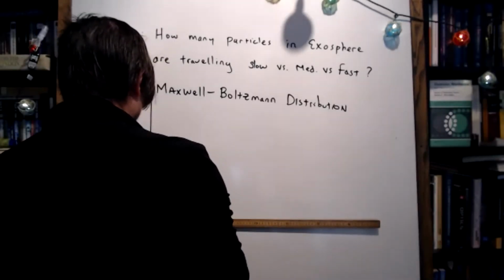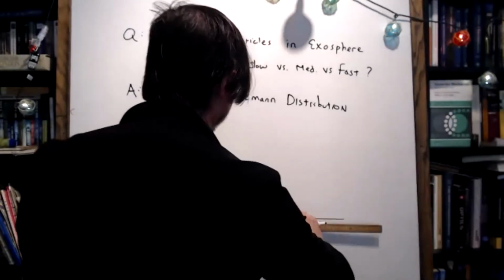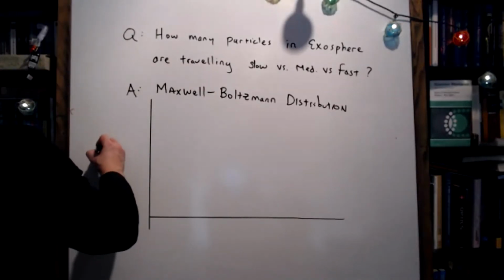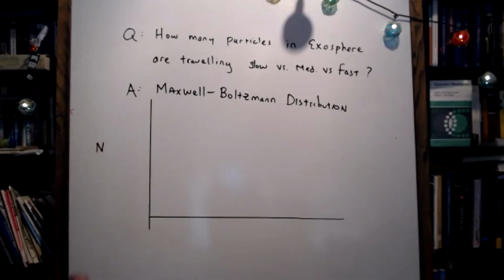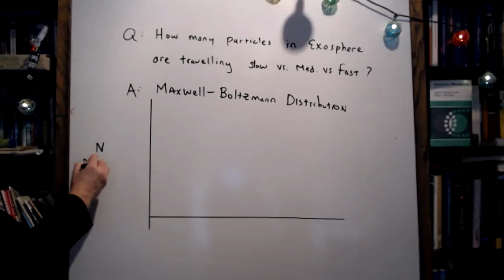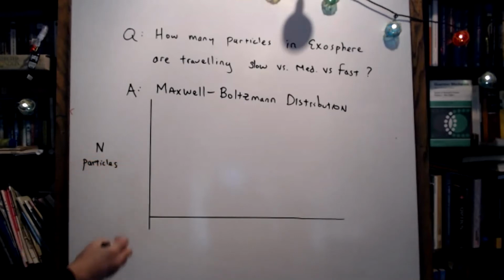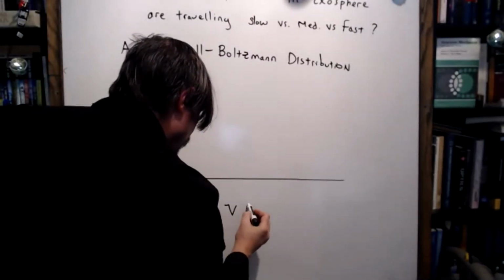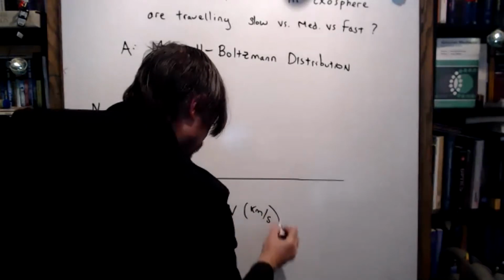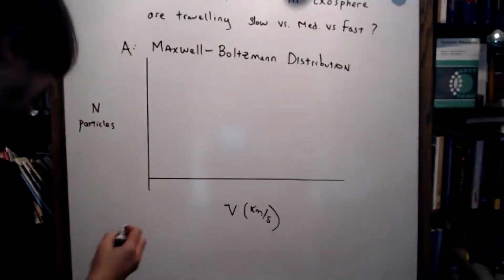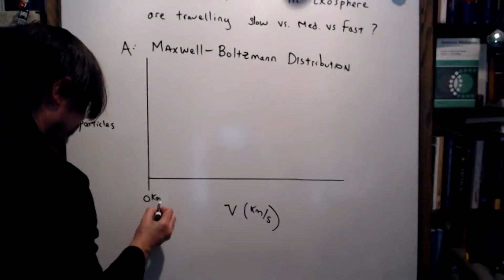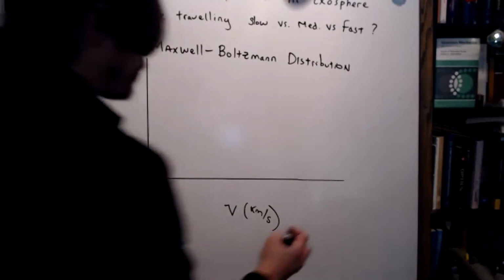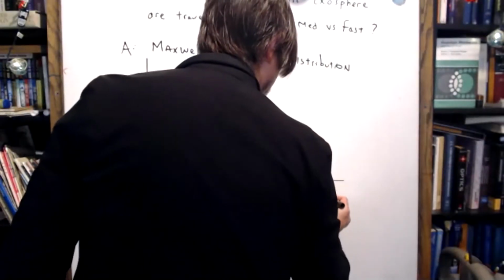The graph is kind of like a histogram, kind of like if you plotted grades of students or the height of students in this classroom. In a histogram, we plot the number of particles. This is the number of particles on the y-axis. And on the x-axis, we're going to plot the speed in, say, kilometers per second, where a particle's speed can go anywhere from 0 kilometers per second all the way up to, well, probably infinity,